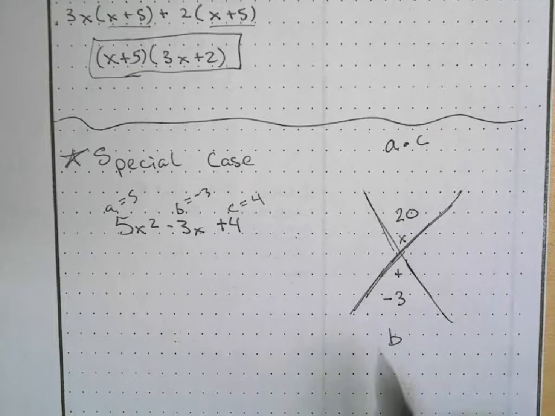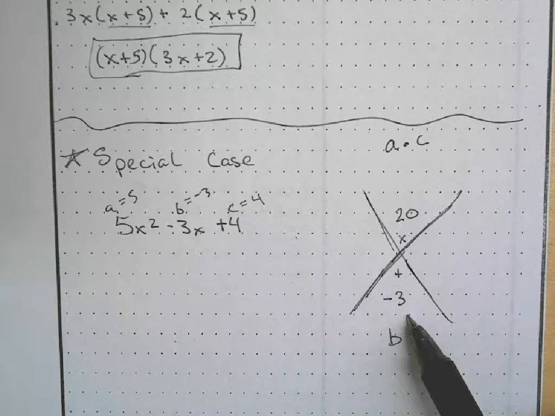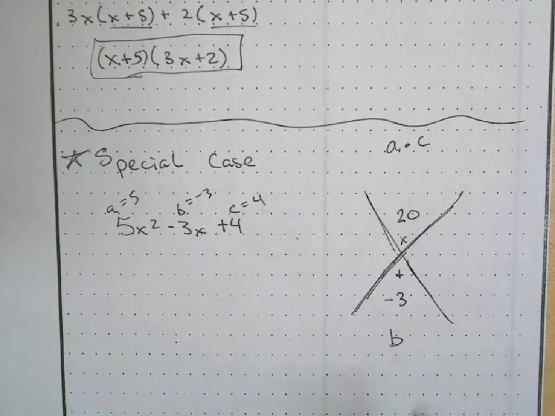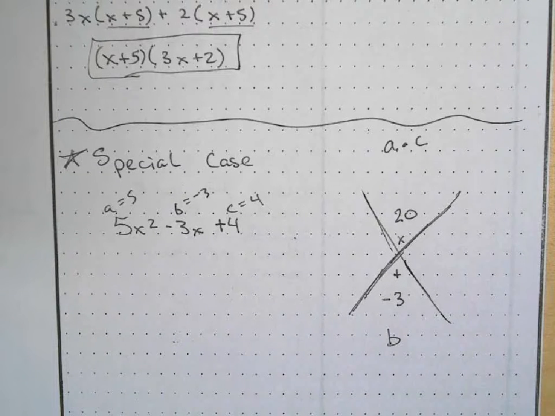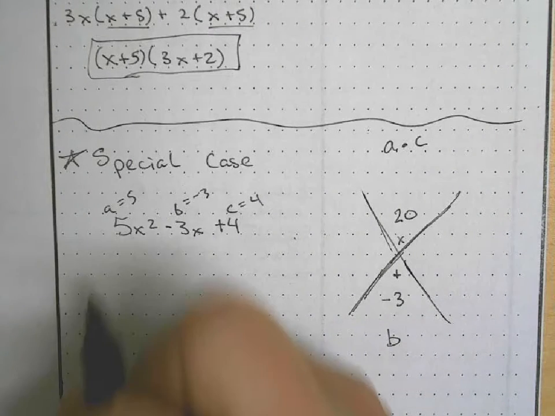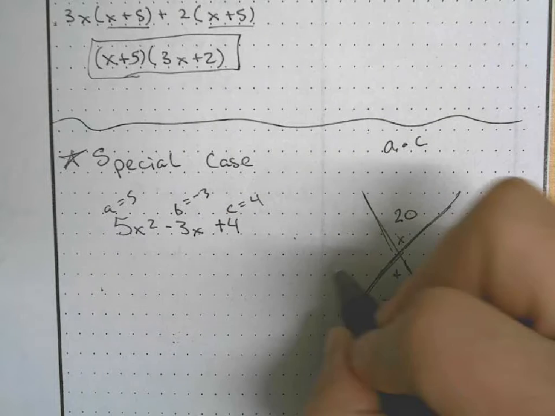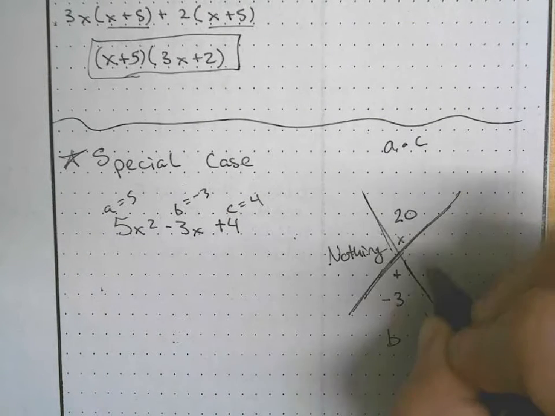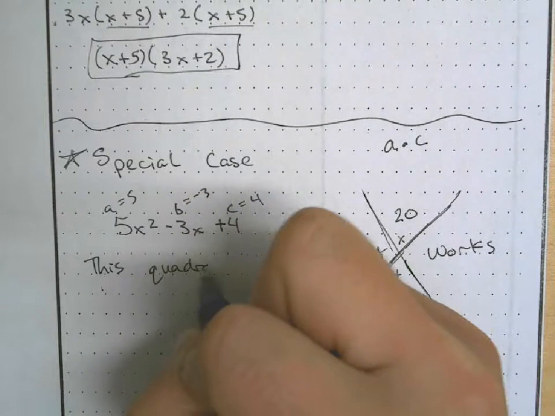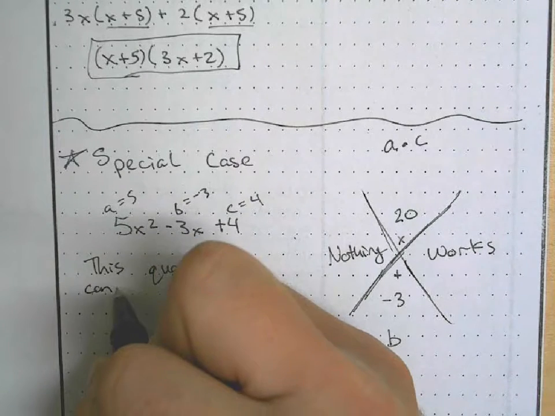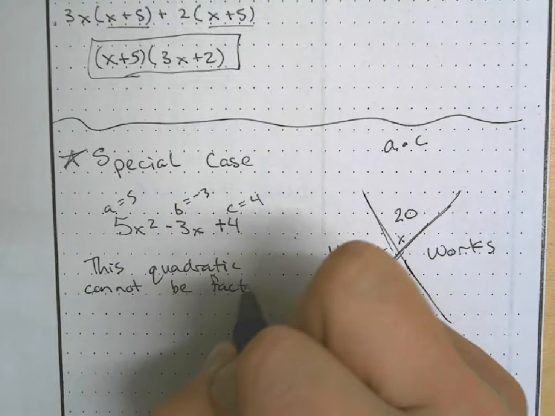And so I'm really thinking, and I'm trying 5 times 4 is 20, but 5 plus 4 is not -3. I can use two negative numbers. -2 times -10 is 20, but -2 plus -10 is going to be -12, so that's not going to work. So you try all these numbers, you try all these combinations, and you're like, nothing works. Well, what ends up happening is this cannot be factored, so nothing works, meaning this quadratic cannot be factored,